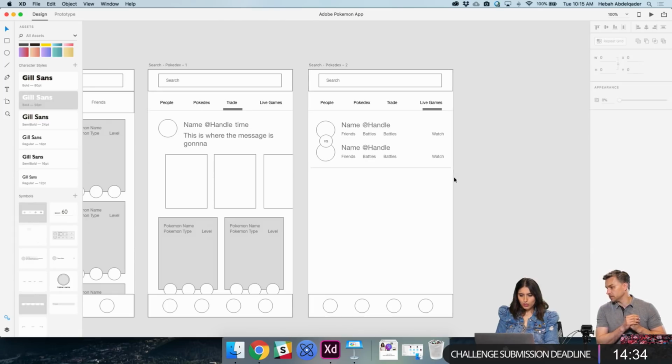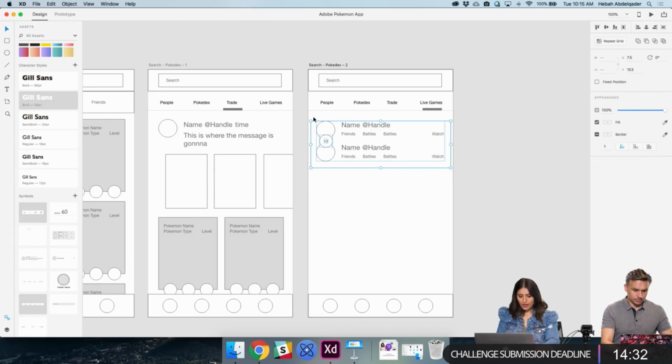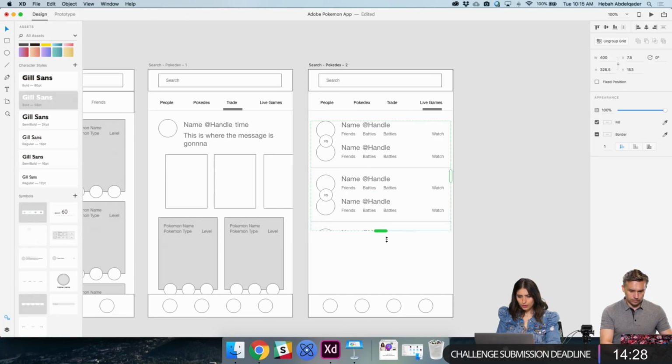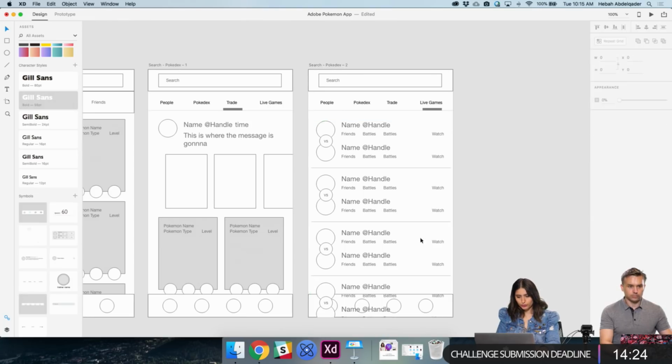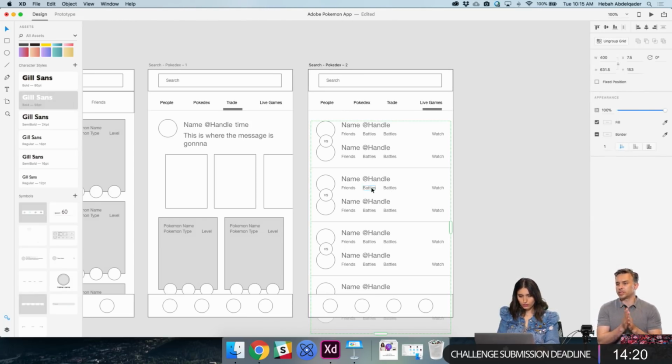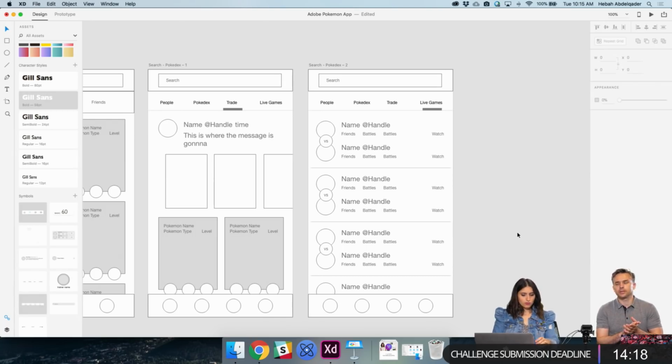And then what you want to do is we're going to repeat pattern again. So we're going to group this and then repeat grid. And then these are the different games that are actually happening right now. So again, math operations. I think I was with Peter Del Tondo, and he was like, I really need those math operations. Yes.